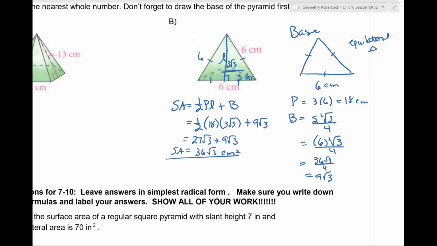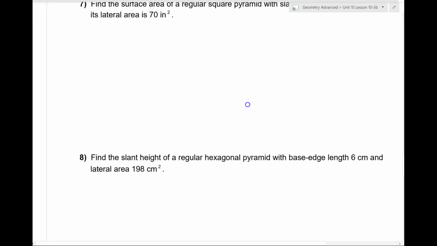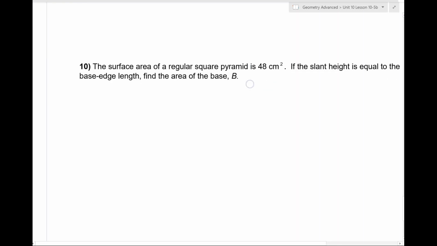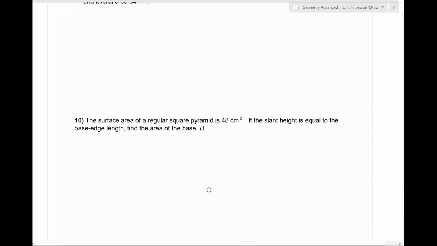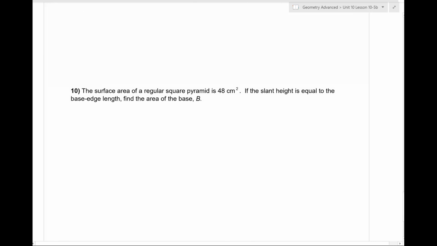All right, and then last but not least, we are going to be doing, I believe, number 10. So let's look at number 10. All right, we're looking for the surface area of a regular square pyramid, which is 48 square centimeters. If the slant height is equal to the base edge length, find the area of the base, the capital B. All right, so first thing we're going to draw,